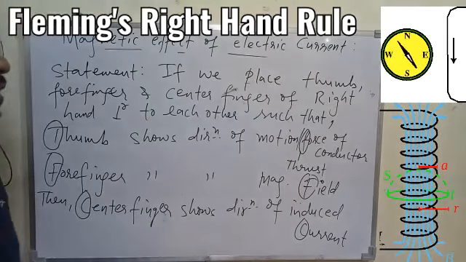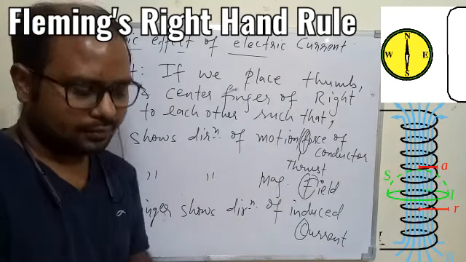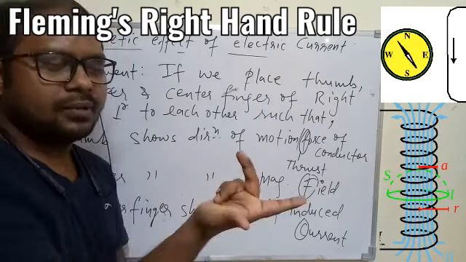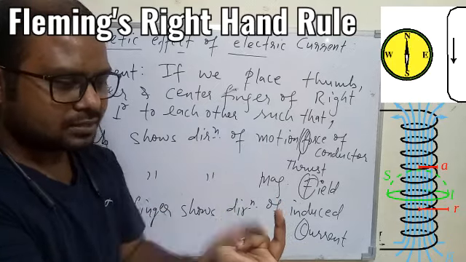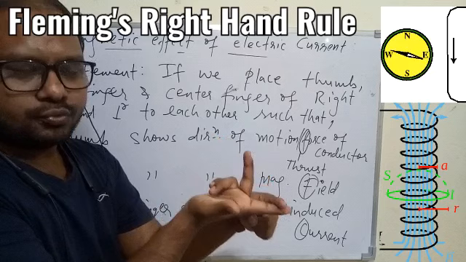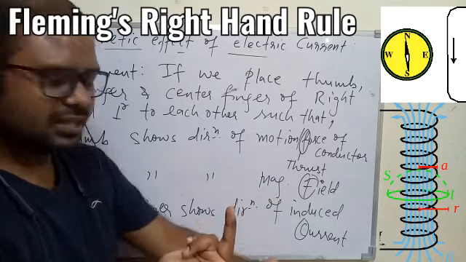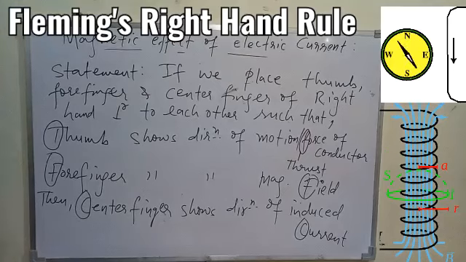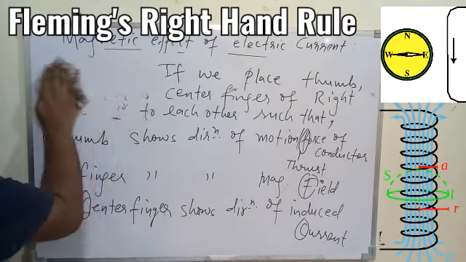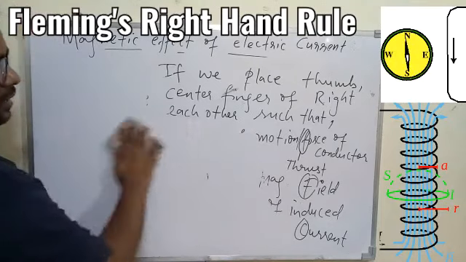So I hope you understood. I am repeating again. It simply says that is the Fleming's right hand rule, that if we take three fingers of the right hand such that the thumb, that is T thrust, will show the direction of force on the conductor or the motion of the conductor, direction of motion. Forefinger will show the direction of magnetic field, that is B. Then the center finger will show the direction of induced current. So simple rule we have, and let's apply this rule. Let's take one or two examples to find out in which direction the current will be induced.